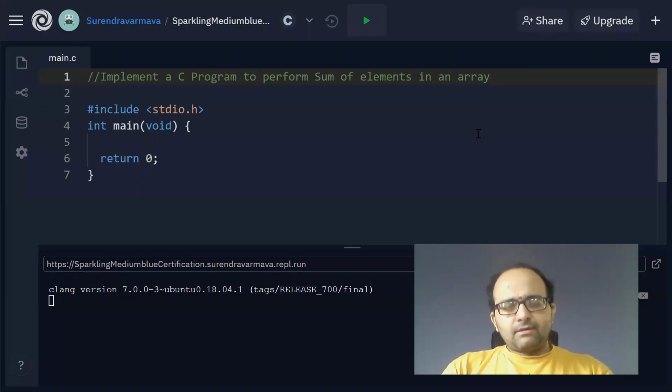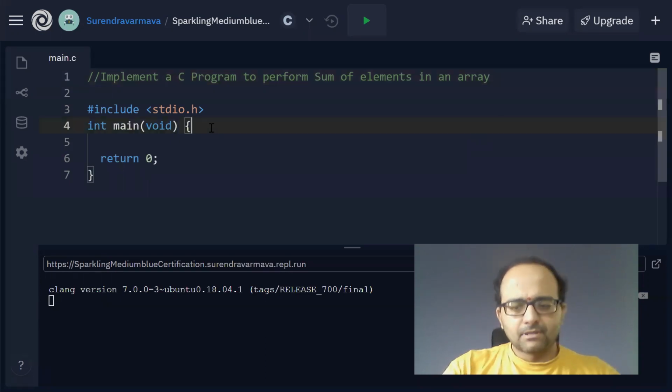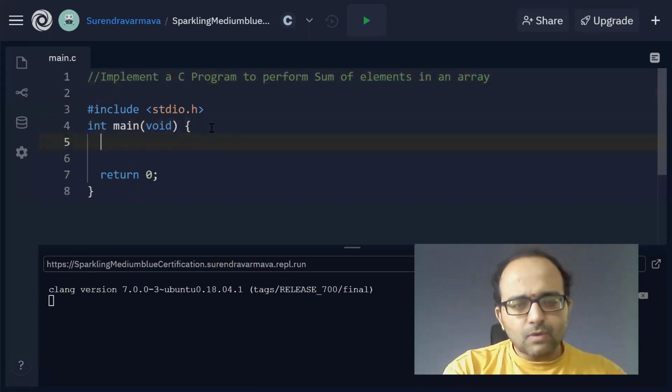Hello everyone. In this video, I'll show you how to implement a C program to perform the sum of elements in an array. Okay. So this is an important interview program. Let's get started. In order to perform summation of elements in an array, first of all, we have to